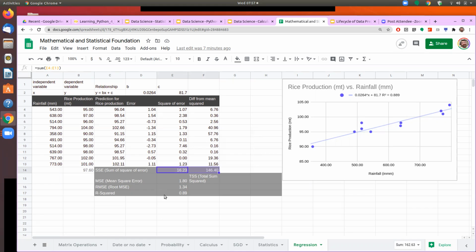So the interpretation of the R squared is that I have certain variation in my value of y. How much of that variation have I been able to capture through my estimator? That is what the R squared is. So if we are able to capture the entire variation, it means that my prediction is very good, and at that point of time, the R squared will become 1.